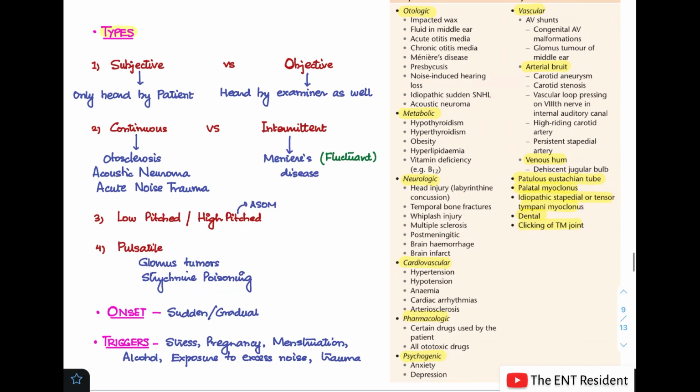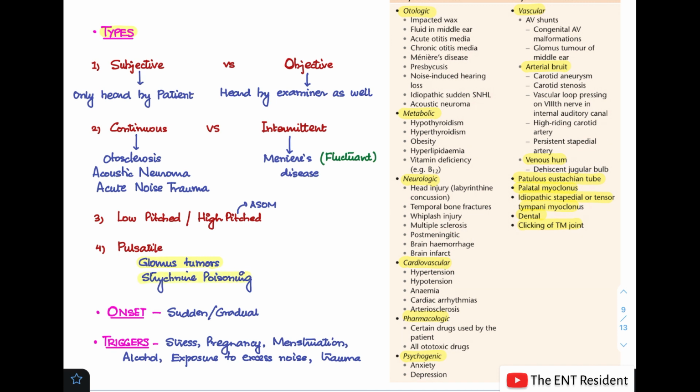Next, coming to continuous versus intermittent. Now, continuous tinnitus is seen in otosclerosis, acoustic neuroma, and acute noise trauma. Intermittent tinnitus, on the other hand, can be seen in Meniere's disease, where it is fluctuant. Low pitched versus high pitched. You will see high pitched tinnitus is more commonly seen in ASOM,